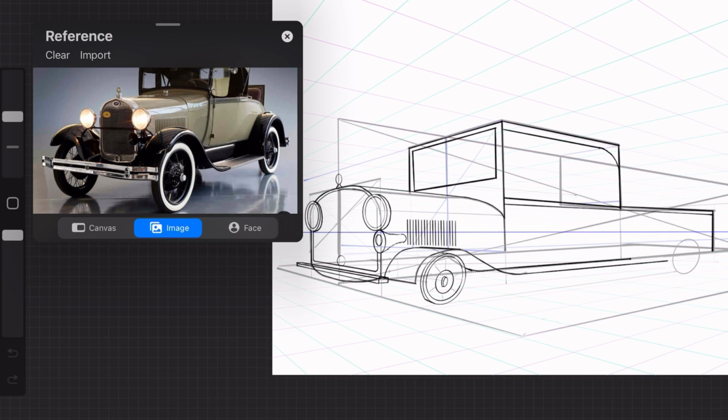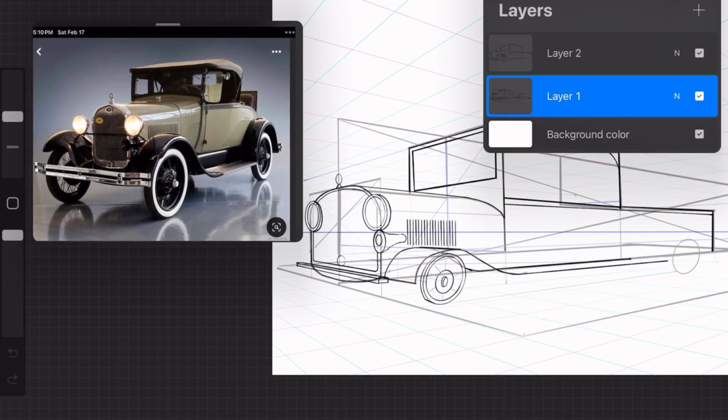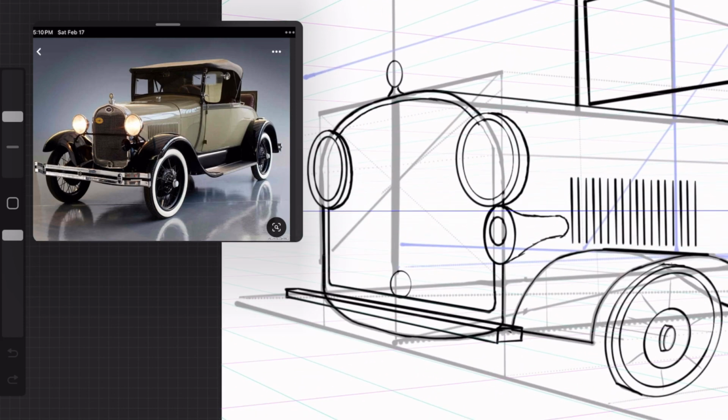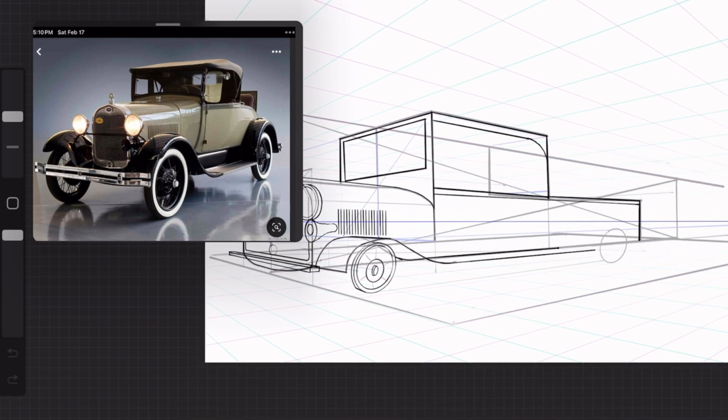This is when I actually blocked this in, and I think I created 2 layers. The first layer is just to block everything in, and then I lower the opacity, and then I just add everything on top. And I'm just eyeballing the ellipses now. I don't understand the whole making a square in perspective and doing all this other stuff. Really, it's just kind of too confusing for me. So yeah,